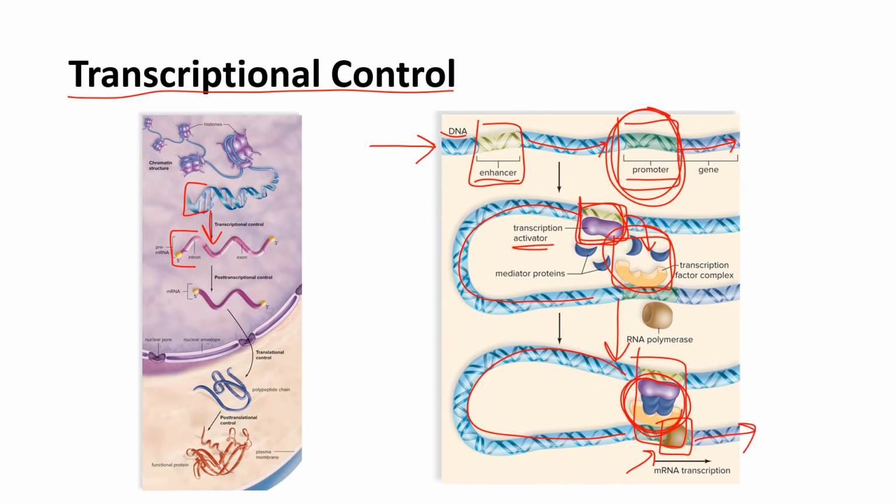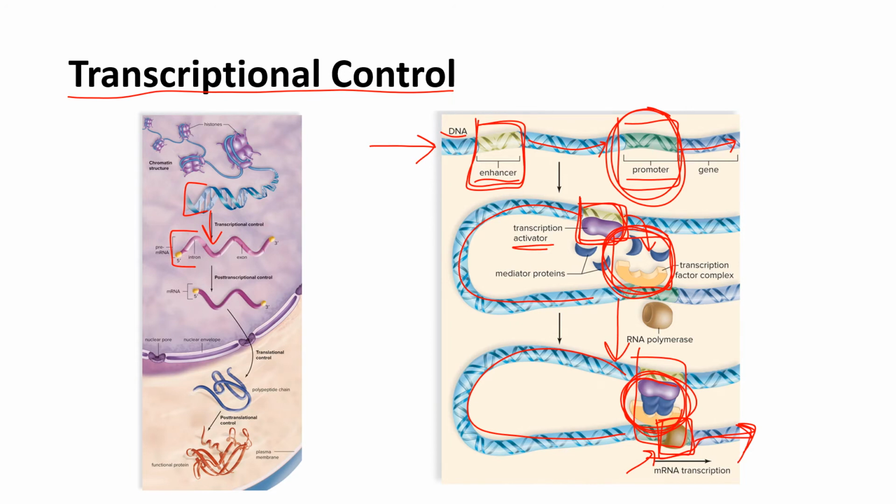So this is one example of transcriptional control in a eukaryotic cell. It involves a sequence of DNA called an enhancer, and then many types of proteins, mediator proteins, and transcription factor complexes that form in order to help or assist the RNA polymerase to bind